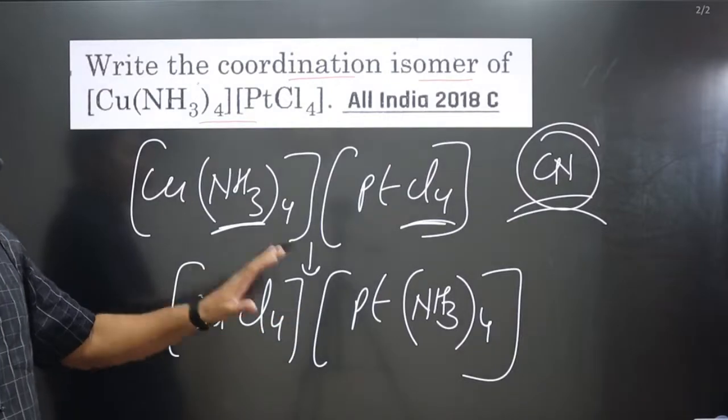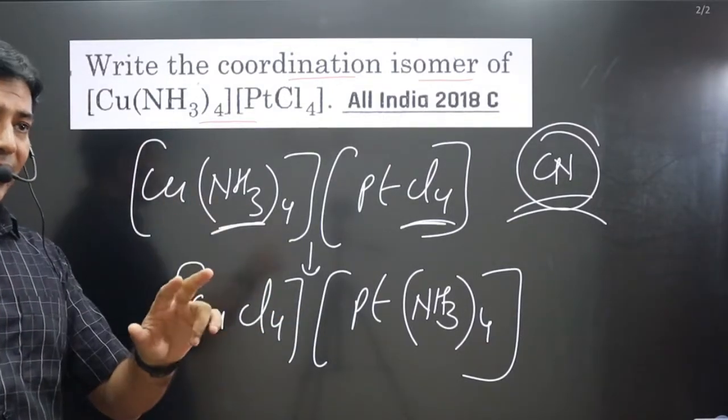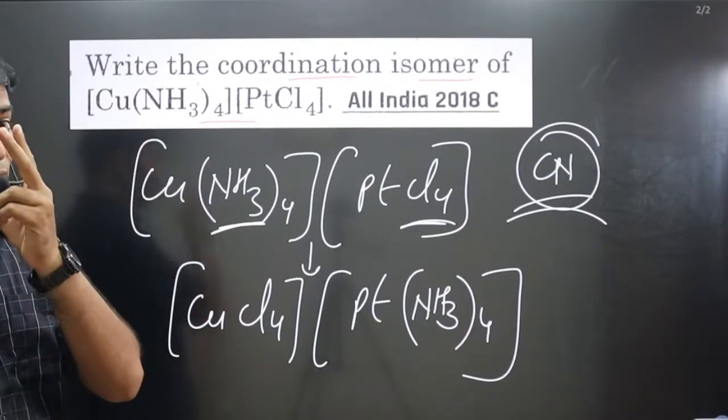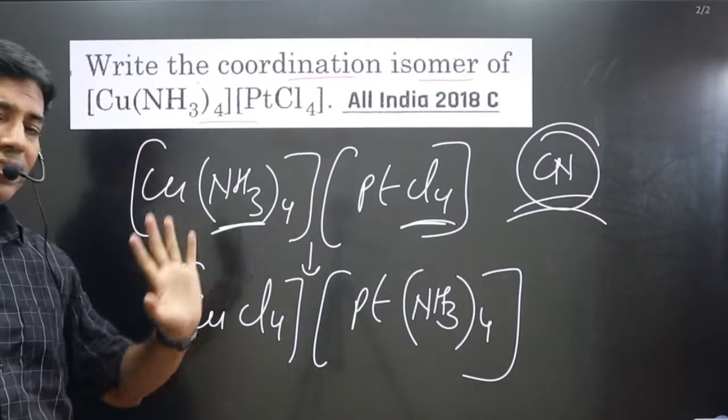So it is the interchange of the ligands between the central metal atoms. Two central metal atoms should be there, one and this is the second. So they are